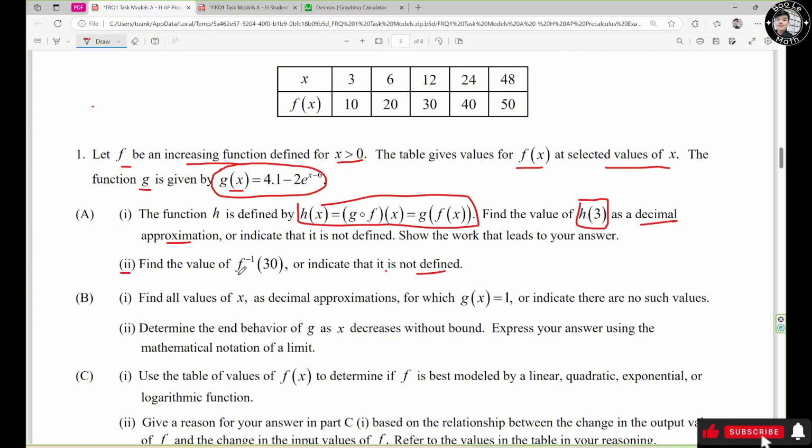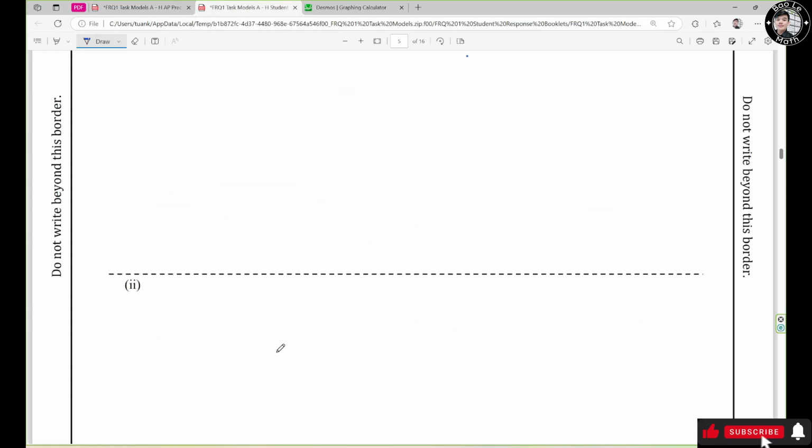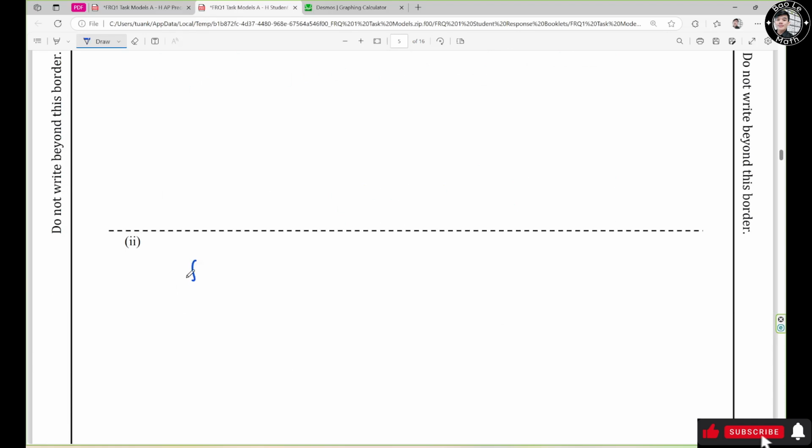Now look at the question A (i) right here. Find the value of f inverse of 30, or indicate that it's not defined. Alright, so we know that 30 is the input of the inverse function. Then it will be the output of the original function. The output of the original function is right here, so the answer must be 12, right? So we write for A (i): f inverse of 30 equals 12,